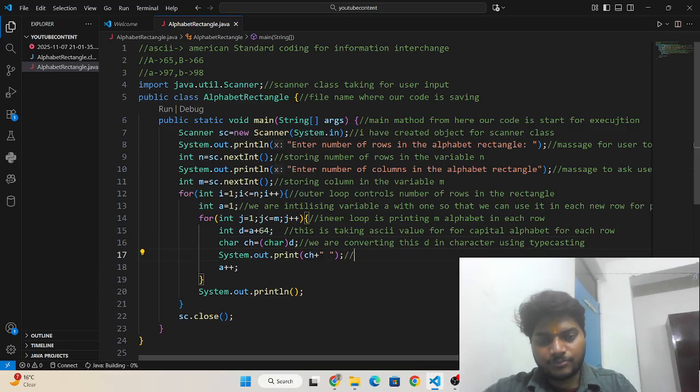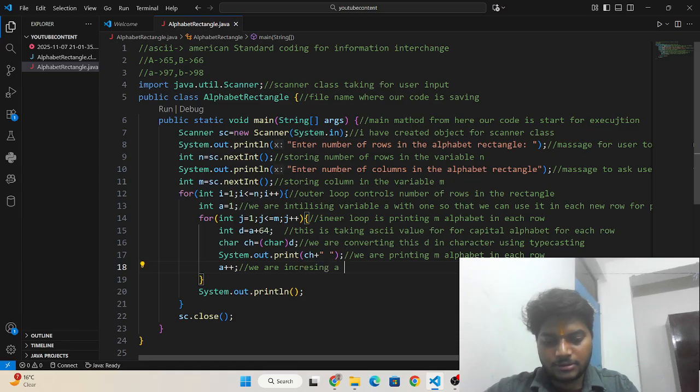Okay, and we are printing m alphabets in each row, and we are increasing a by 1 to move to the next letter.